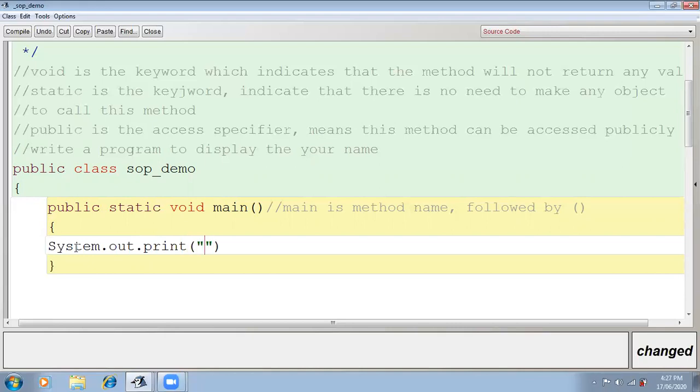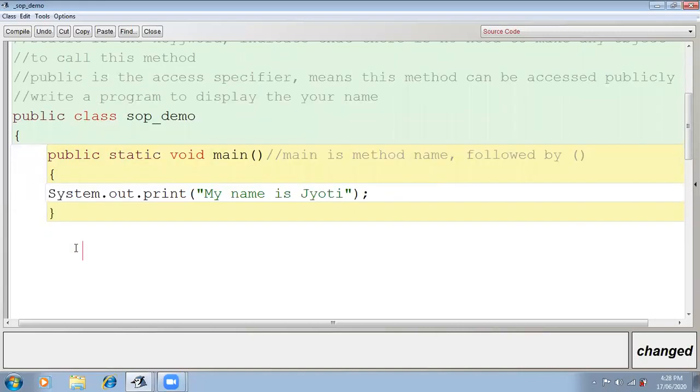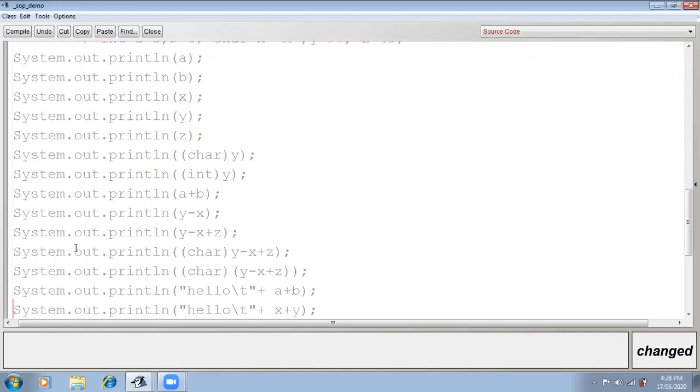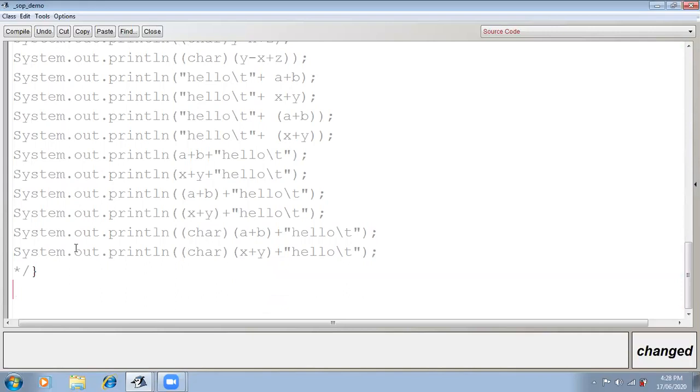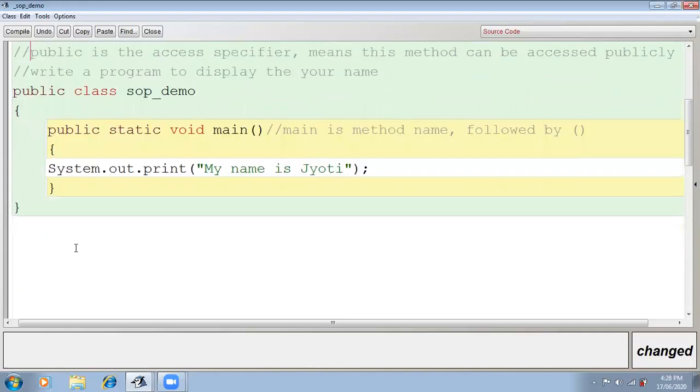Then in the parenthesis, double quotes, my name is, whatever your name is, you will give that name. Then the curly brace is closed. This class is closed. Written? Yes, miss.